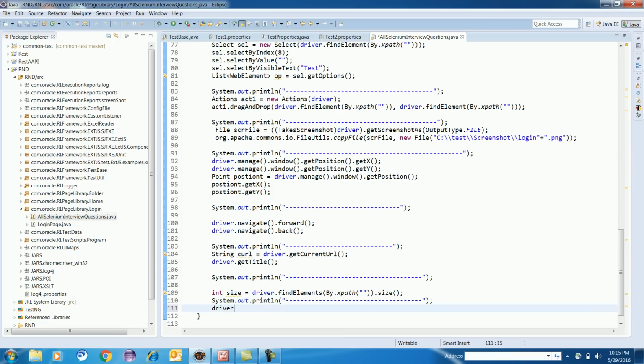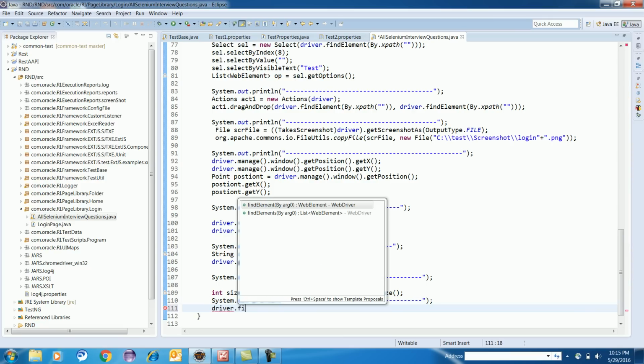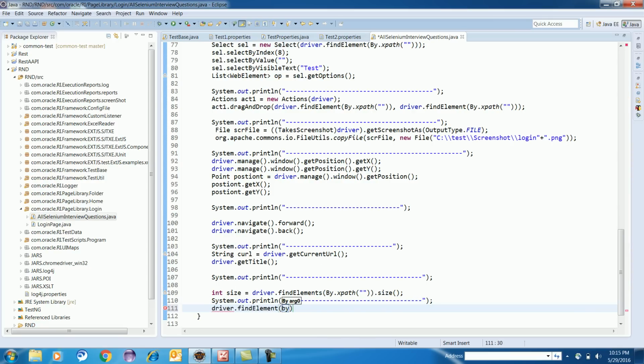So you can write like this: driver dot find element by dot x path, and in the x path you first write something like at id, at name is equal to test.